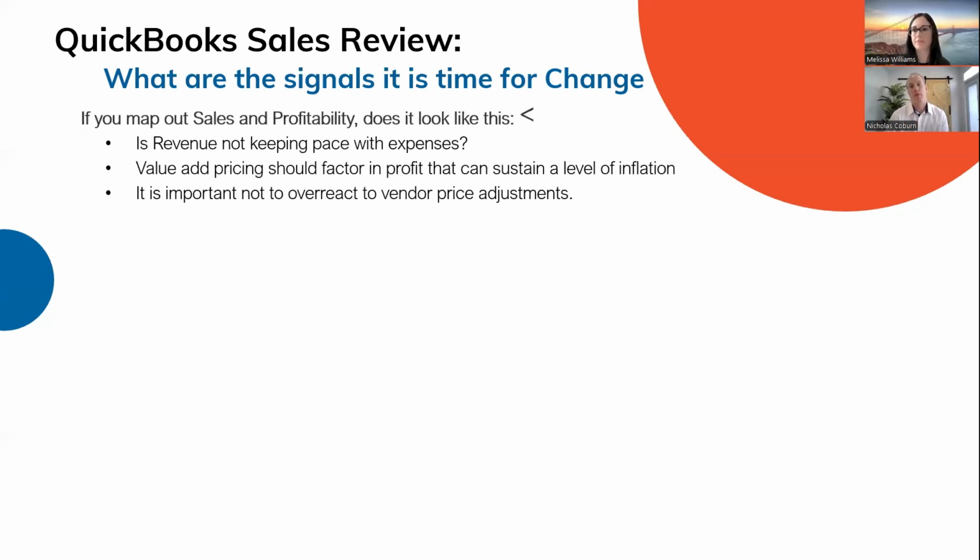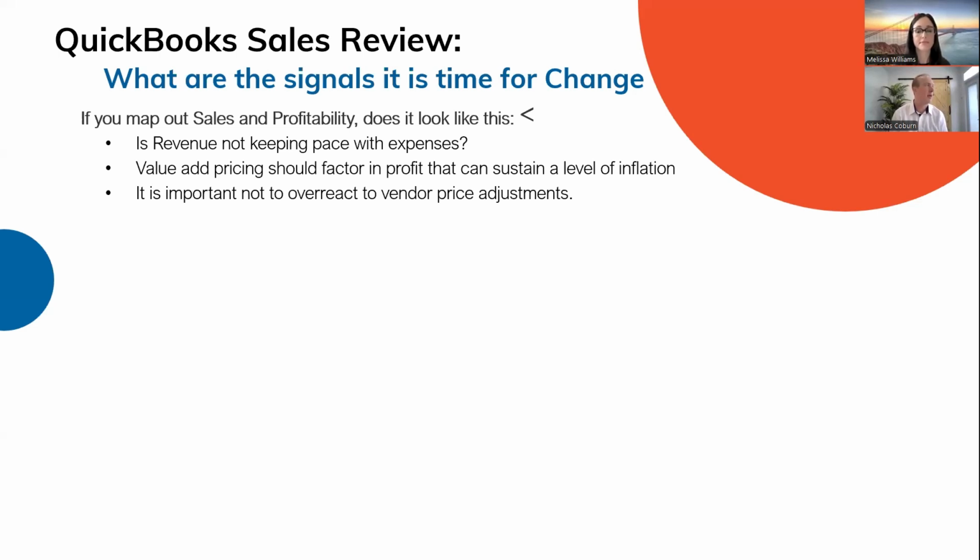Yeah. So pictures again, if your sales and profitability look like that, so less than sign or fish lips, that's often a big indicator. If your revenue is going up, you think, oh, this is fantastic. But if your profitability is going down, again, it goes back to the last slide. You possibly have expenses that are disproportionate to your revenue.